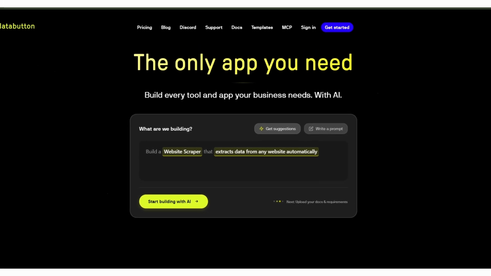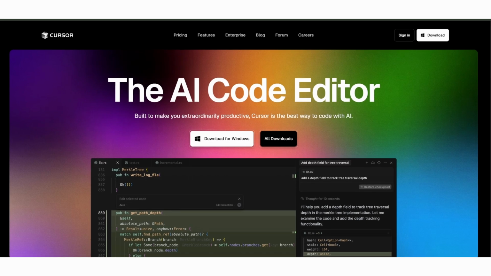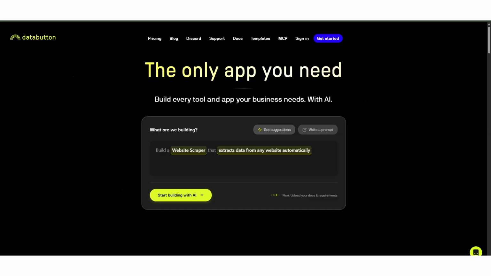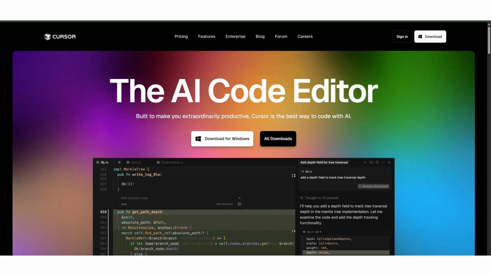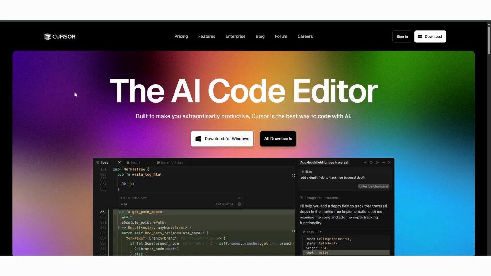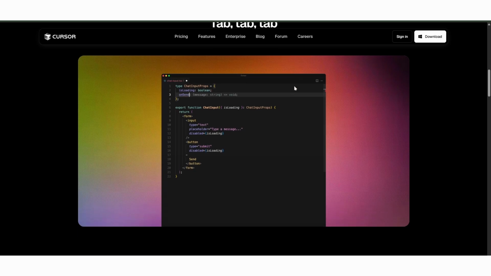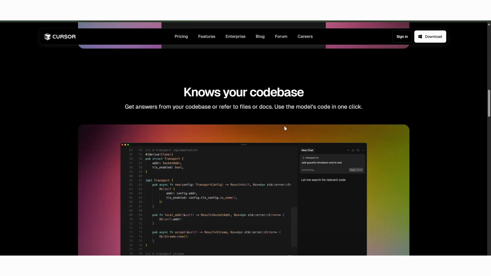Cursor, Bolt, and Databutton all use AI to improve coding, but their goals are different. Cursor is a fully featured code editor built on VS Code, but enhanced with deep AI features. It understands your full code base, lets you refactor with prompts, and gives intelligent suggestions, making it great for developers